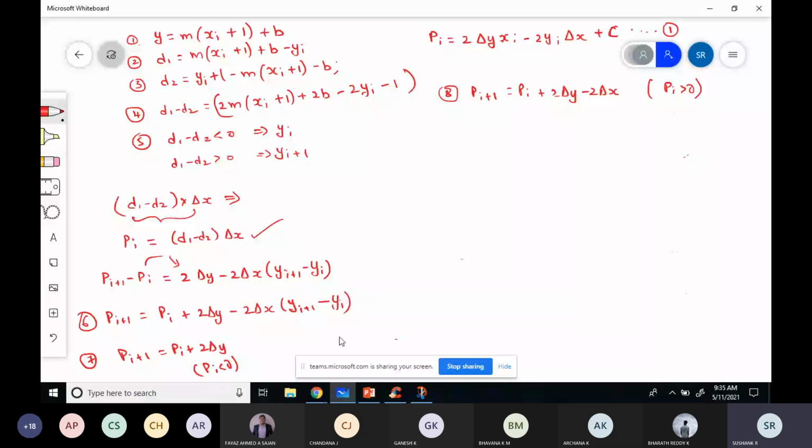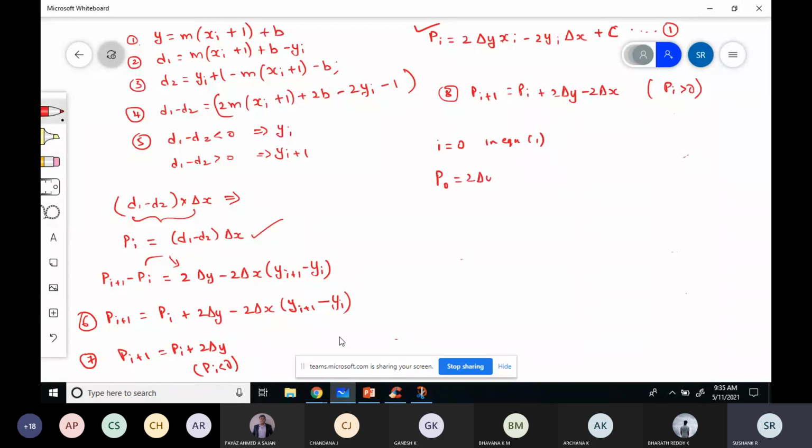How can you calculate it? That initial value can be calculated from this equation. If you put 0 in place of i, it will be the initial parameter. So if you are assigning i to 0 in equation 1, p_i will become p naught